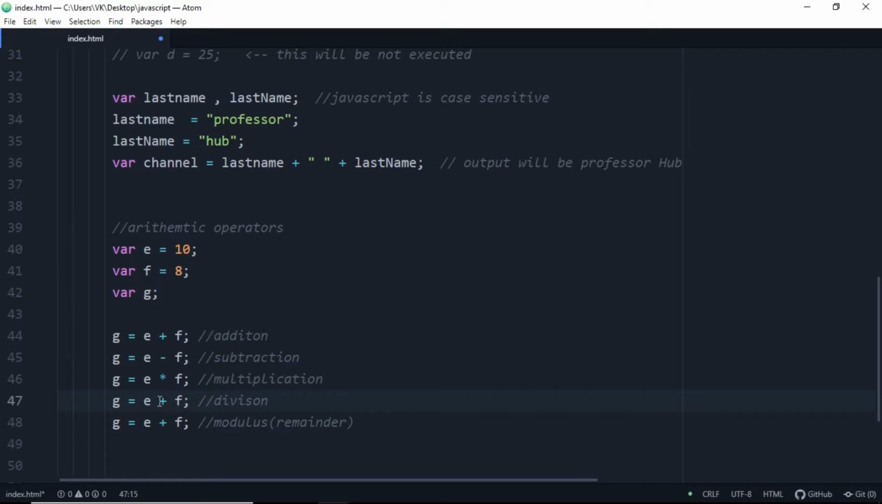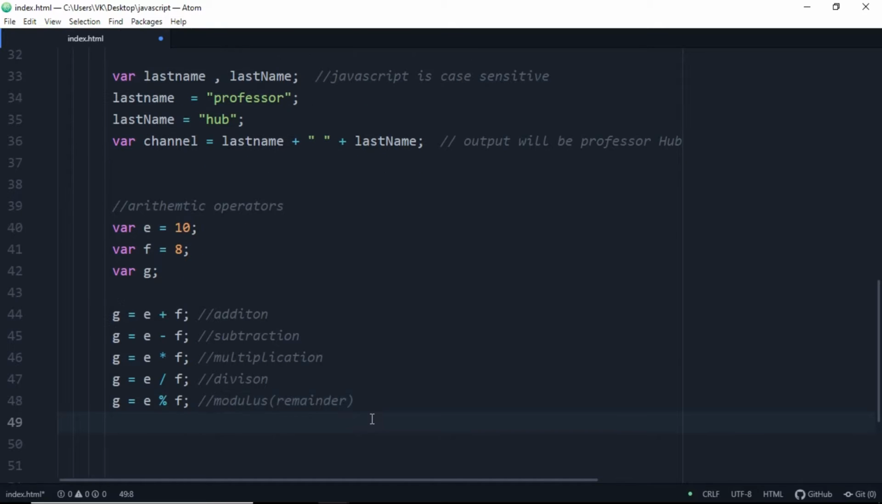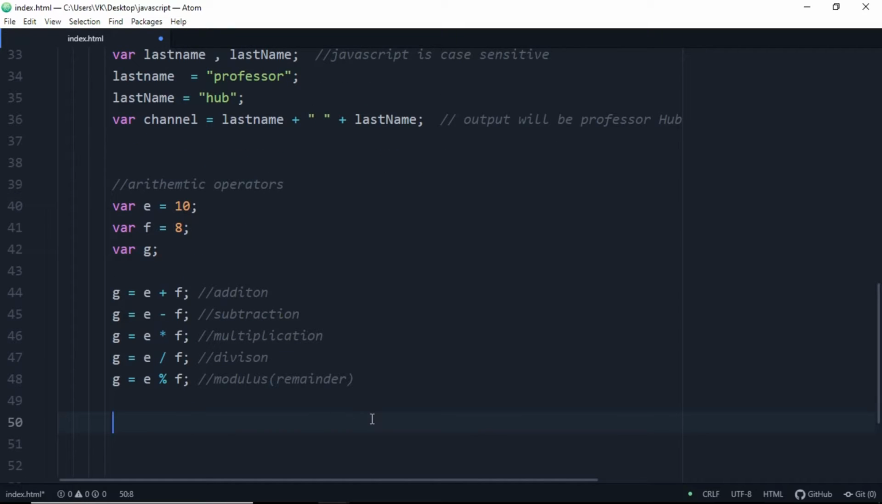So let's just change it to minus, asterisk for multiplication, slash for division, and percentage for finding the modulus of a particular division. That's fine. Now division is basically we'll get the quotient of a particular division. Hit enter and